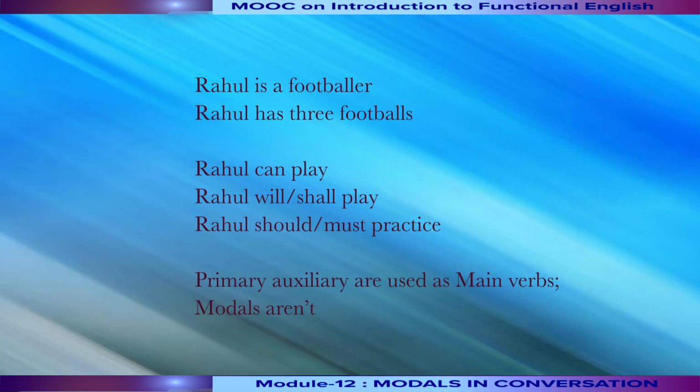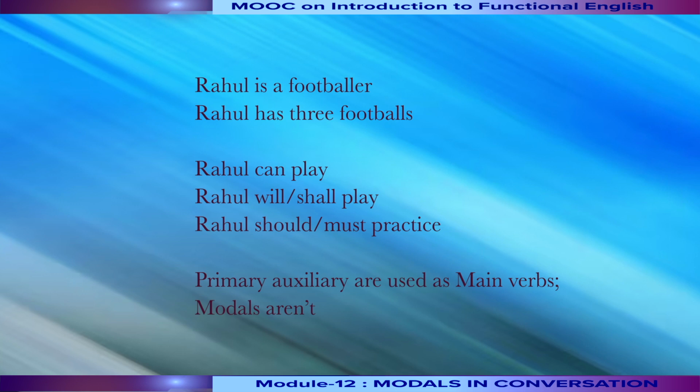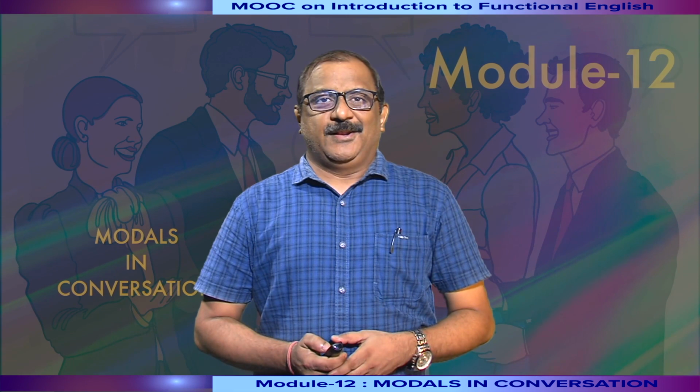must practice. In all this we say in the first, can is the modal auxiliary, play is the main verb, shall the modal auxiliary, play is the main verb, must modal auxiliary, practice is the main verb. So while primary auxiliaries can be used in many situations as the main verb in a sentence structure, modals aren't. And this basically, you see, is the difference between a modal auxiliary and a primary auxiliary. Okay, right? Now let us